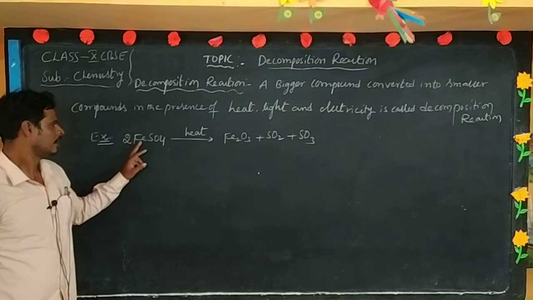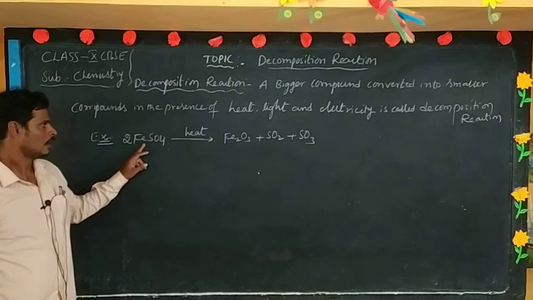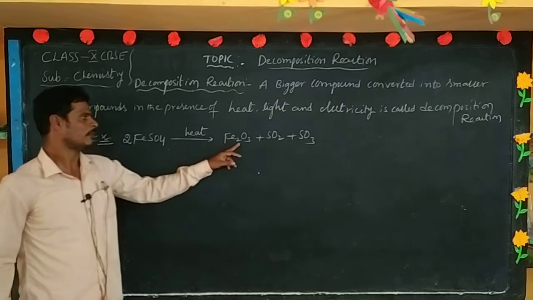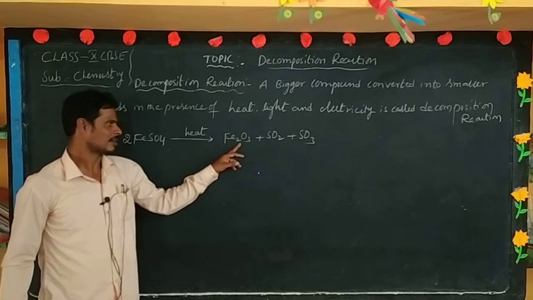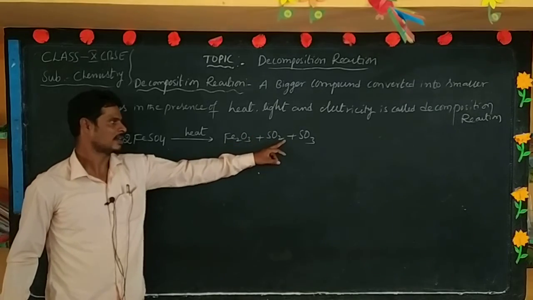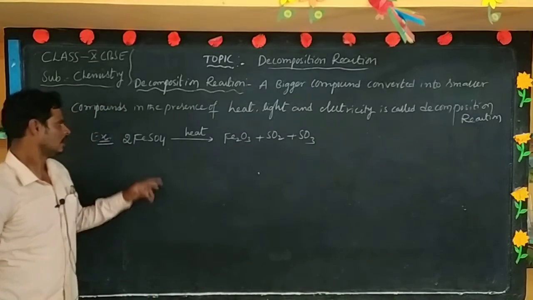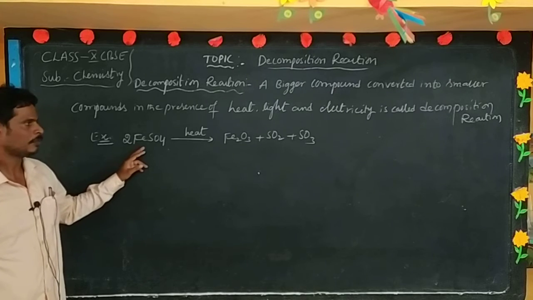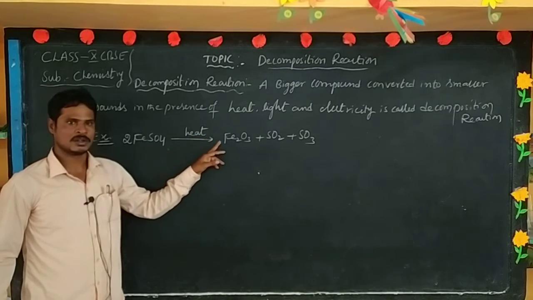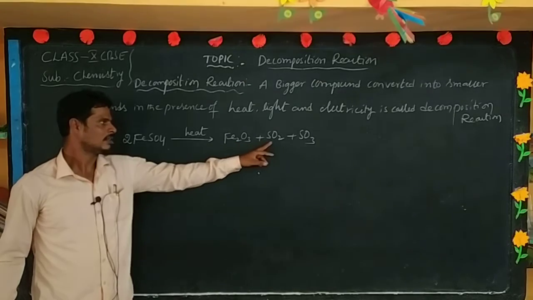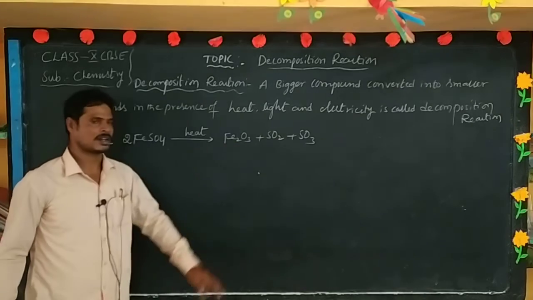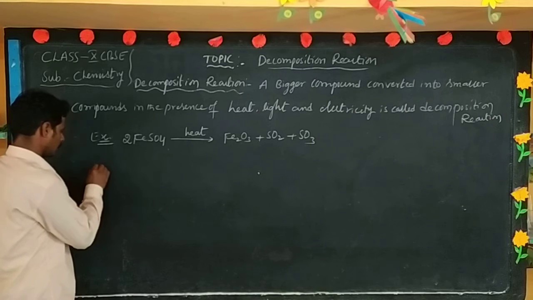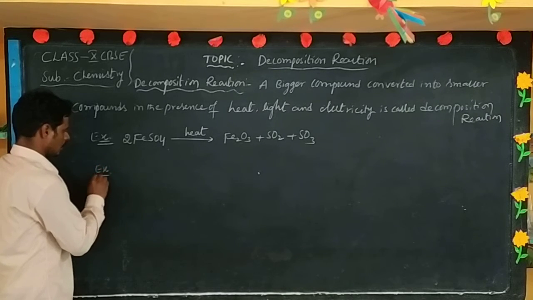So here ferrous sulfate undergoes decomposition in the presence of heat to form ferric oxide, sulfur dioxide, sulfur trioxide. Once again, ferrous sulfate undergoes decomposition in the presence of heat to form ferric oxide, sulfur dioxide, sulfur trioxide. Next, another one,